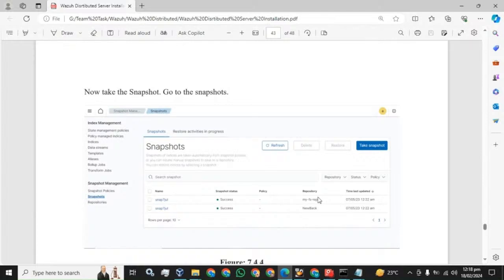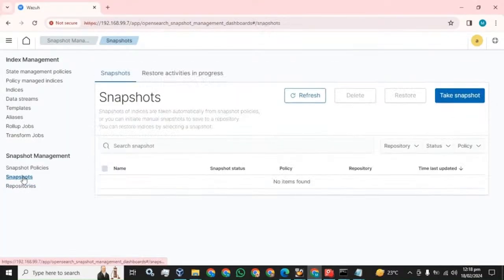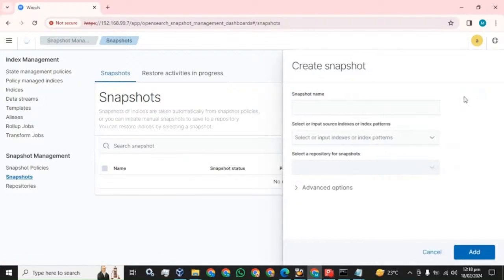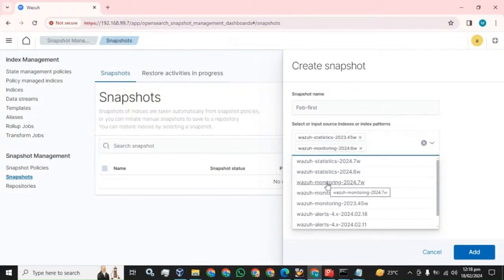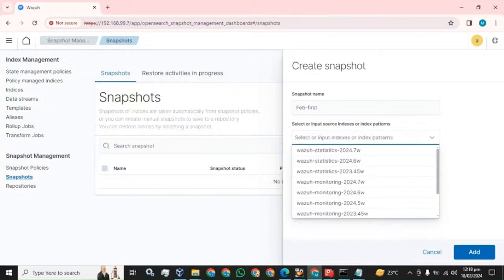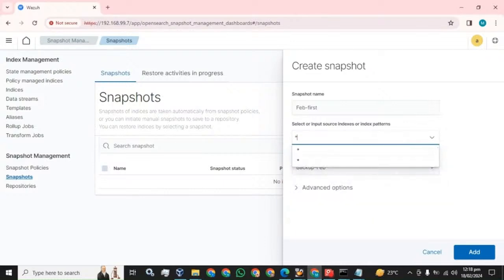Now you want to take a snapshot. Click on snapshots, take snapshot. Snapshot name fab first. Anything you can name it. You can select what reports you want to take the backup of, and how long or short. You can select here Wazuh statistics monitoring. If you want to take backup of all, you simply have to enter star. It will take backup of all the